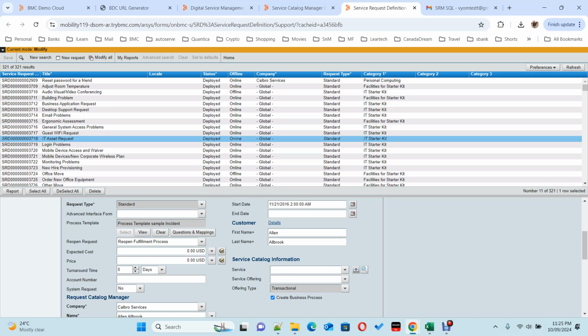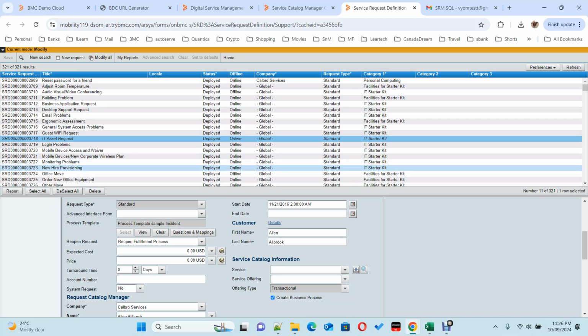Now you know that I have already taken videos on SRM and MyIT DWP, where you can build catalogs and how you can define them. That's more internal to the application. But this is something very critical, which you will not find anywhere in BMC documentation. If you go here, this is a service request management